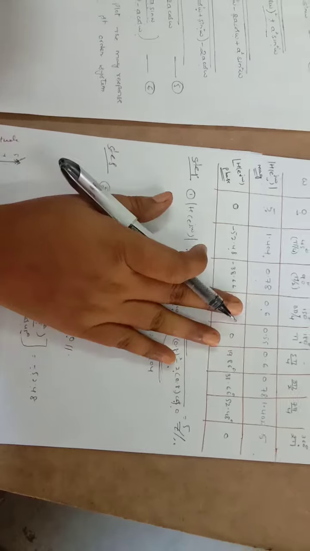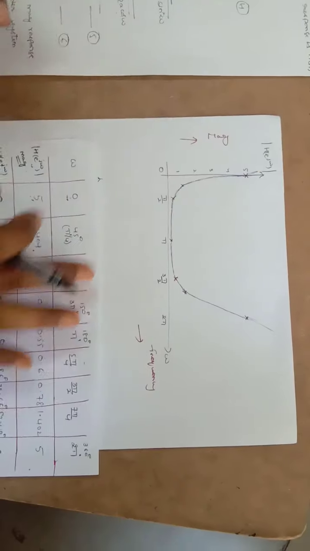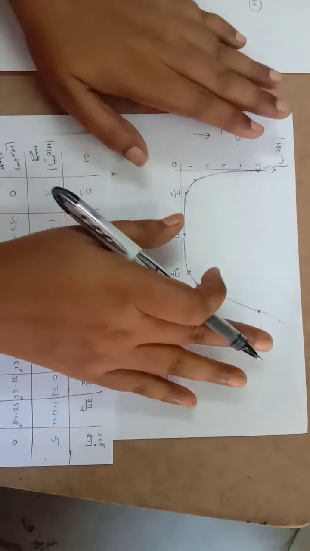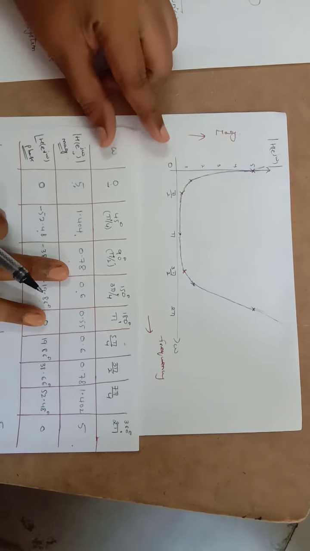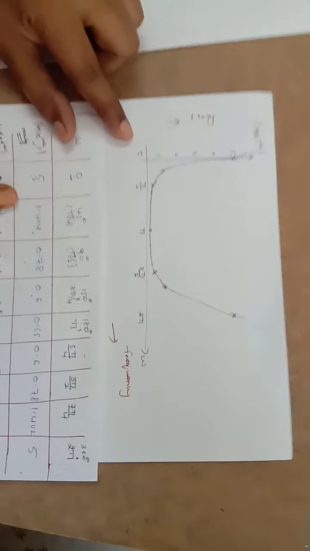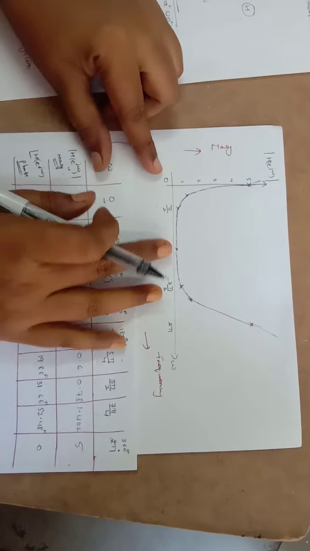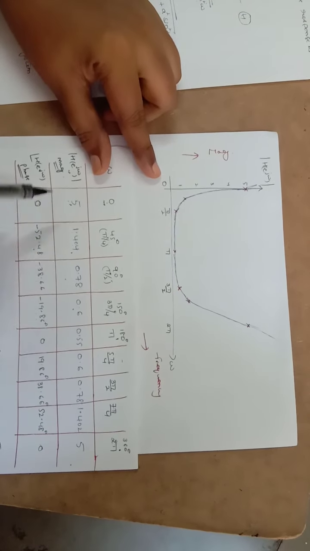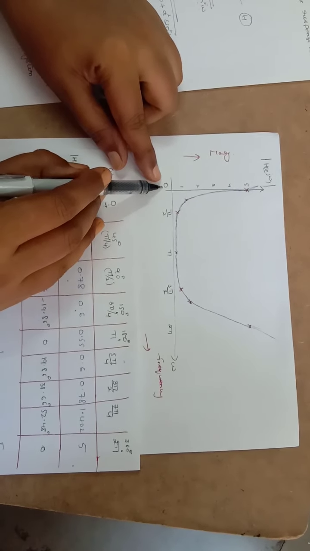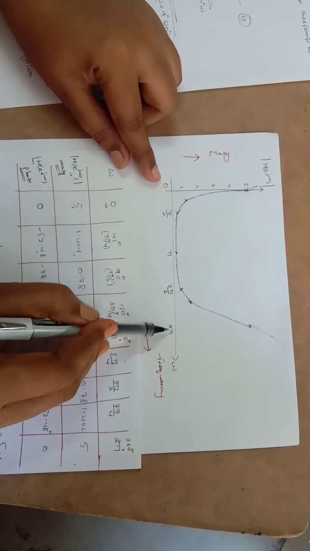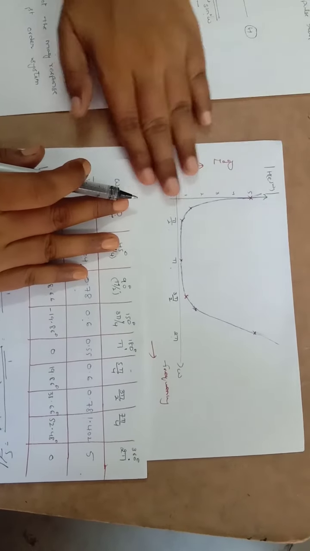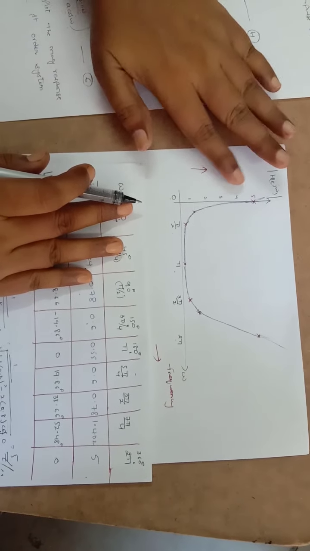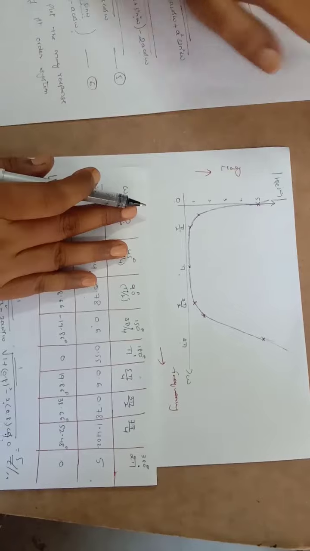Next we have to plot the magnitude response and phase response curve. This is the magnitude response curve. How to achieve this graph depends upon these values. So using these values, how we plot this curve, we will now discuss. So first here the values 0, pi by 2, pi, 3 pi by 2, 2 pi. These are the frequency values, and the y-axis values are 1, 2, 3, 4, 5. This is the magnitude response.